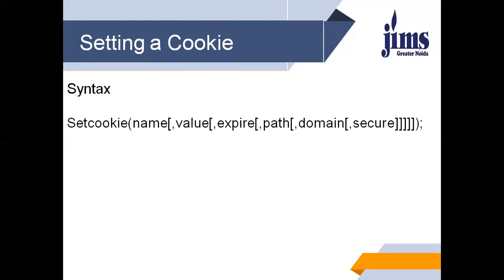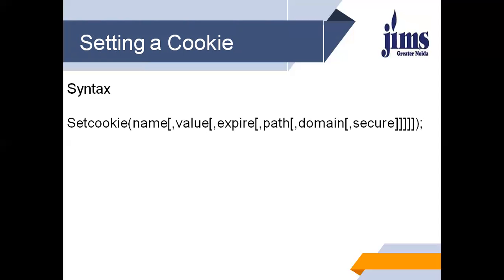The original Netscape specification limited the total size of a cookie, including name, expiration date, and other information, up to 4 KB. So while there is no specific limit on the size of a cookie value, it probably cannot be much larger than 3.5 KB. Next is expire, the expiration date for this cookie. If no expiration date is specified, the browser saves the cookie in memory and not on disk. When the browser exits, the cookie disappears.